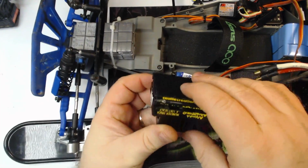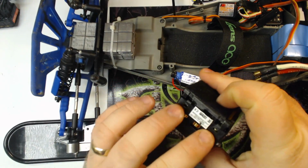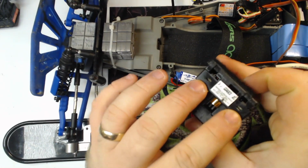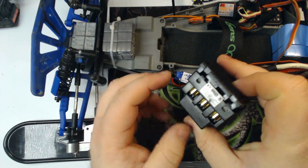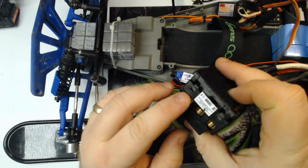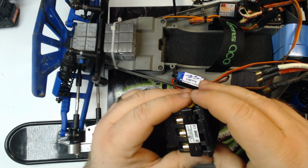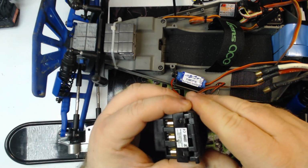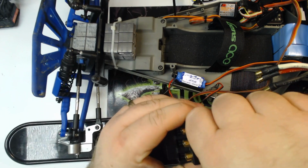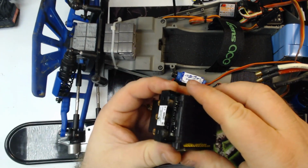I'm going to switch to the overhead view so you guys can see. I've already got this apart, but if you've never taken one apart, there's basically 4 holes. There's 2 holes on this side and 2 holes on the other side, and you kind of got to be careful. I accidentally broke off one of my little clips in there, but you basically just take a screwdriver and press that clip in,